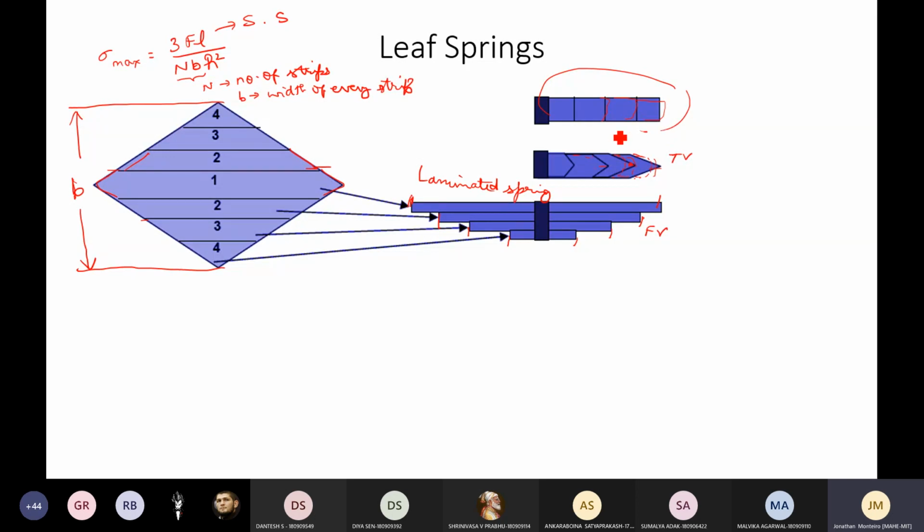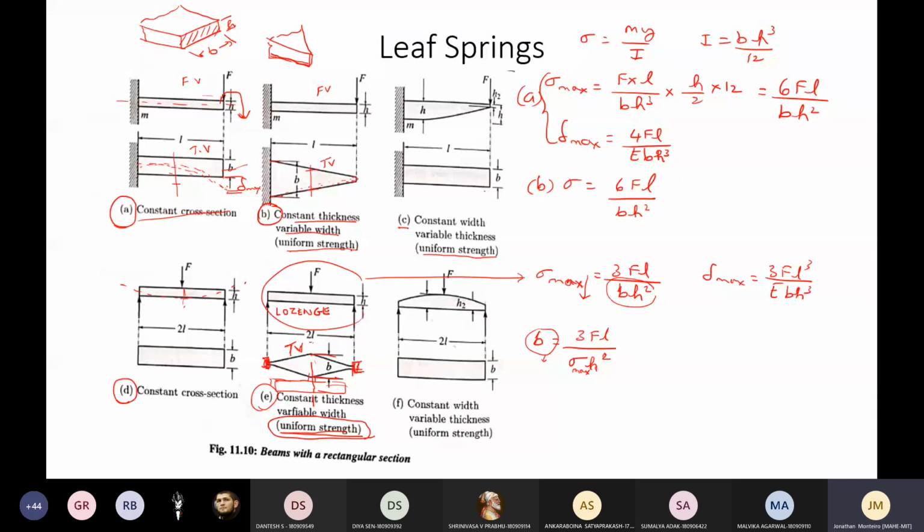So what did we do here? What is the overall justification of this discussion? We have chosen a beam which can give us uniform strength, but it is impractical to use a lozenge shape. We know that the response will be of uniform strength, and the only way to control the dimension is to adjust this B part, because adjusting H is again one more complicated thing.